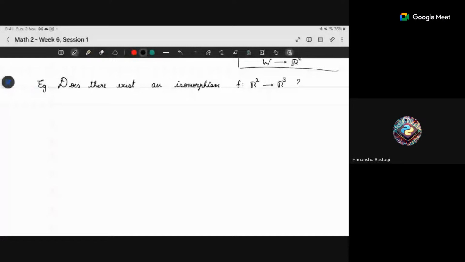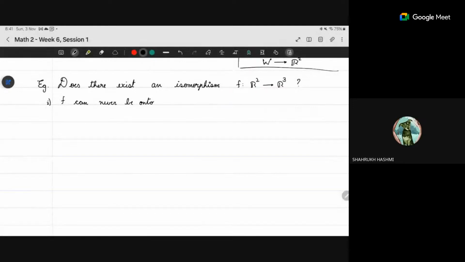So can we do this: we take vectors from R2, which have two coordinates, and then make a third coordinate out of it with c1 times the first coordinate plus c2 times the second coordinate. What I've concluded is why there does not exist an isomorphism for this particular function